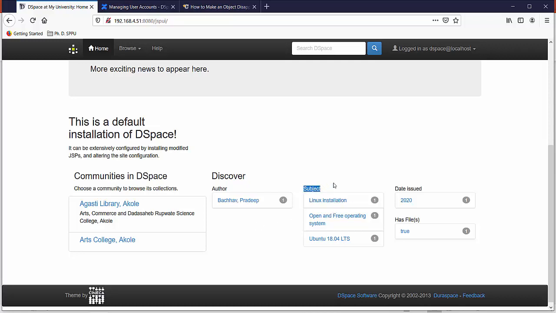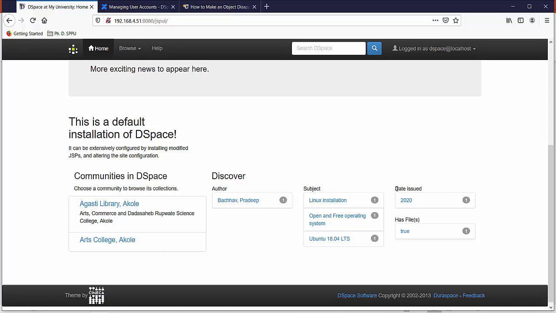We have added 3 keywords that are also appearing here, and in the bubble, one means this author entry is appearing in the entire DSpace collection one time. If we enter another item of the same author, then number 2 will appear in this bubble.